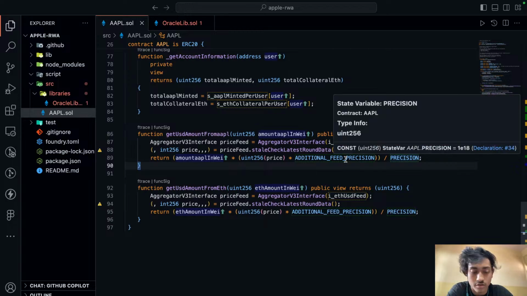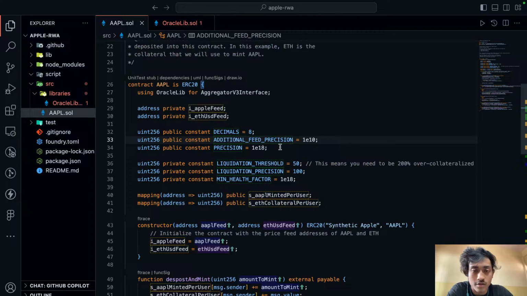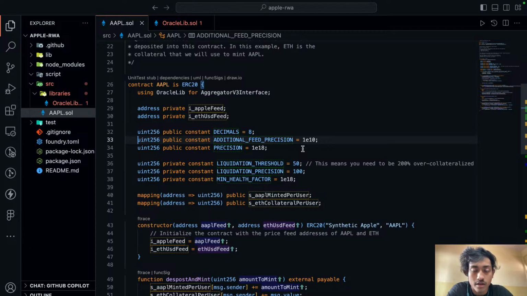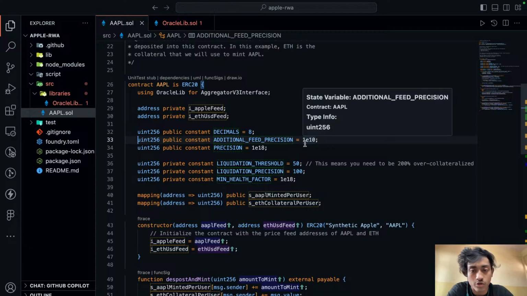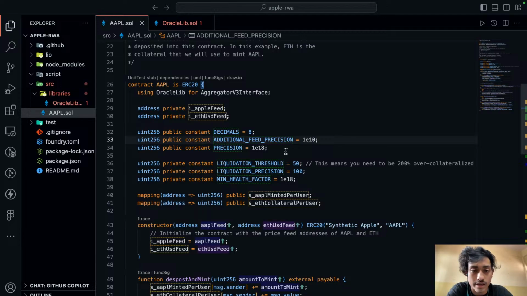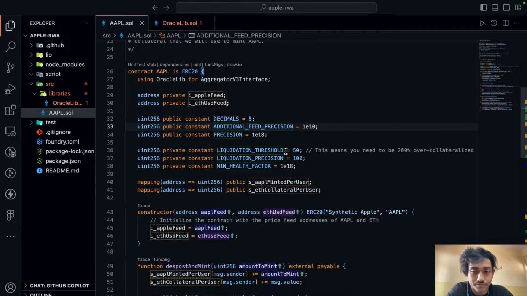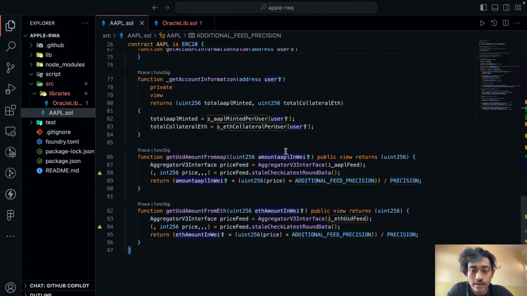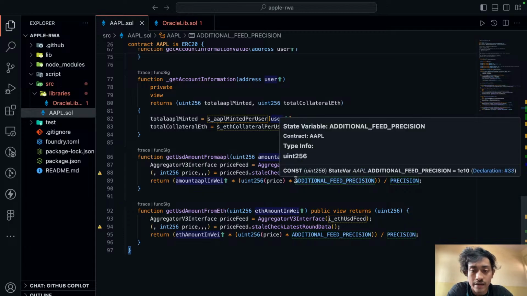So if I go on to additional feed precision right here, these are the two constants which I had declared earlier. The first one is exponential, which is 10 to the power 10, and then we have 10 to the power 18. If you do not know about the E notation, it basically represents how many zeros there are. So this is 10 to the power of 10, and this is 10 to the power of 18. If we go back, you can see that we are multiplying and adding these constants